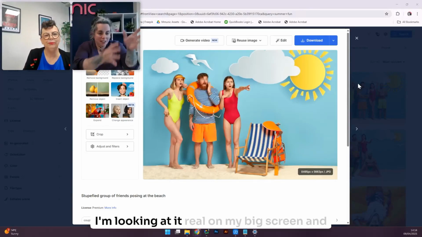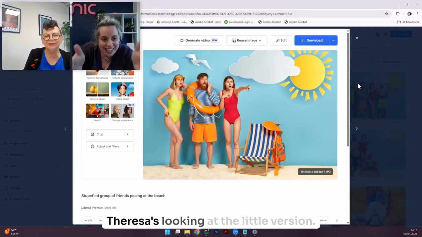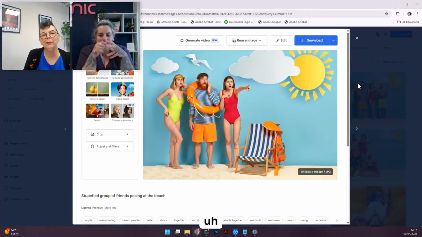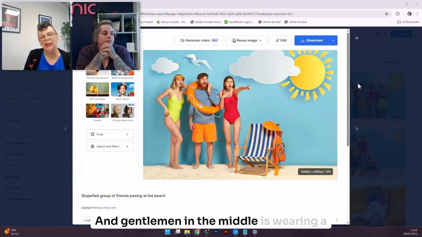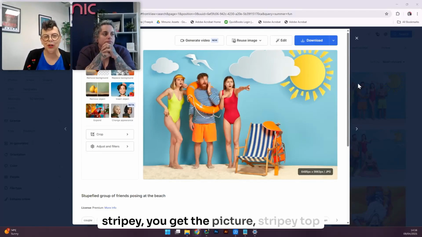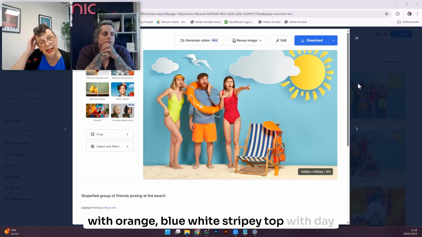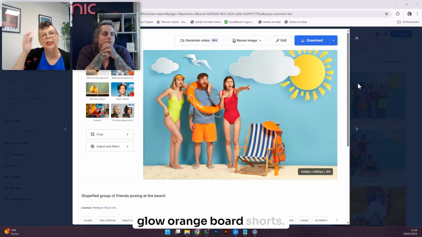Sorry, I'm looking at it on my big screen, and Teresa's looking at the little version. The gentleman in the middle is wearing an orange, blue and white stripy top with day-glow orange board shorts.